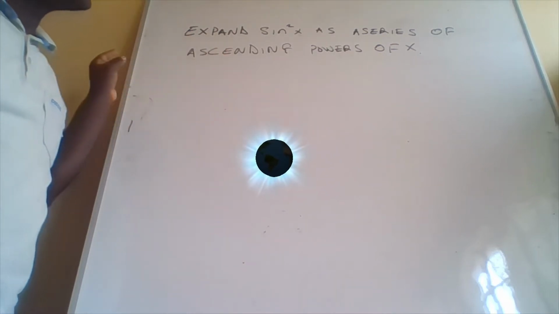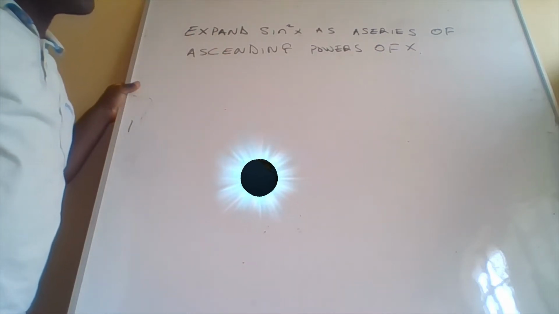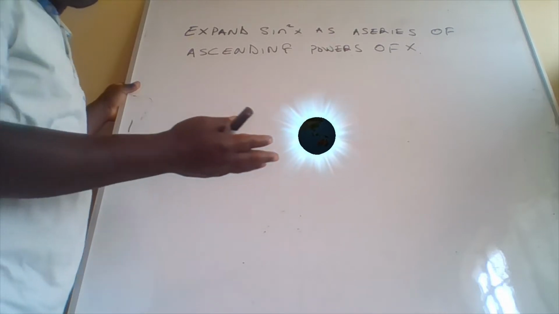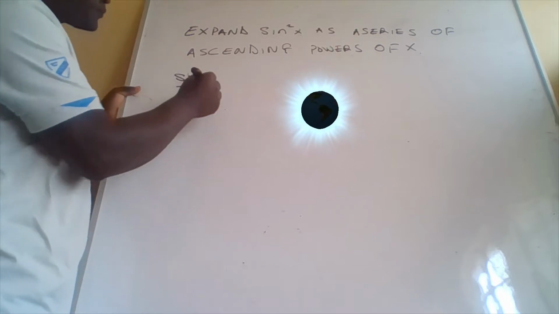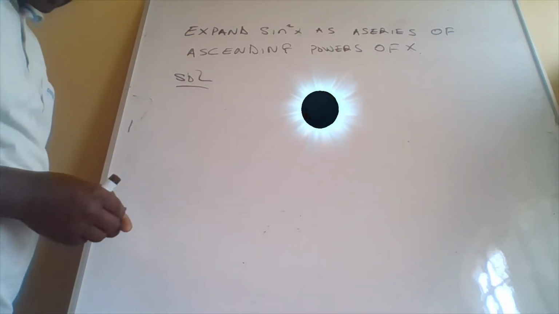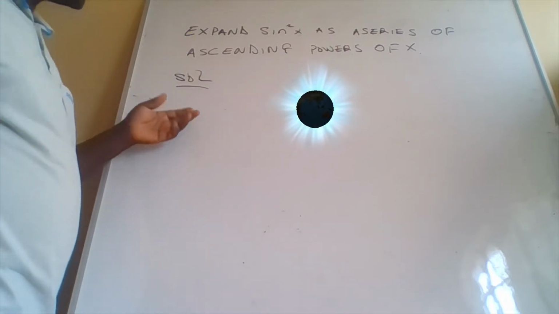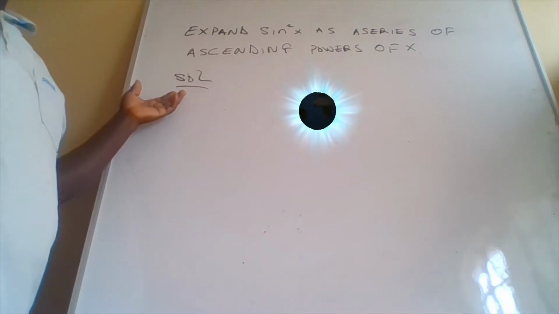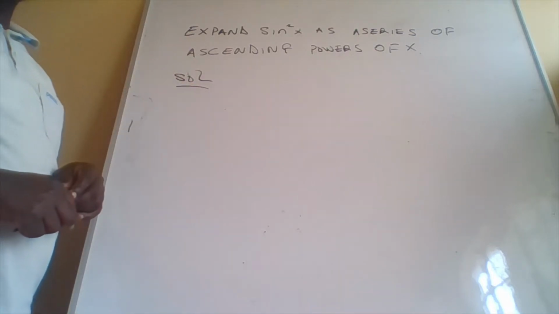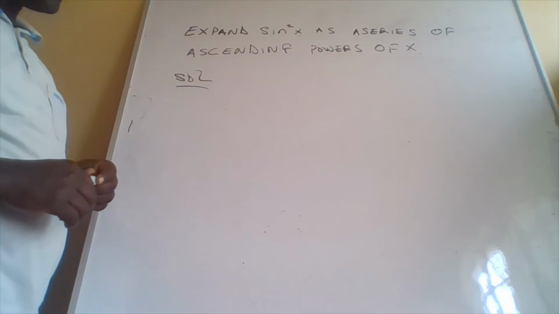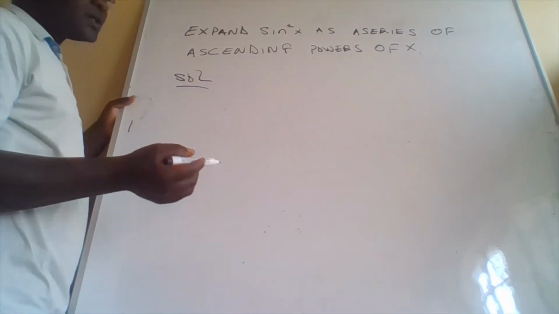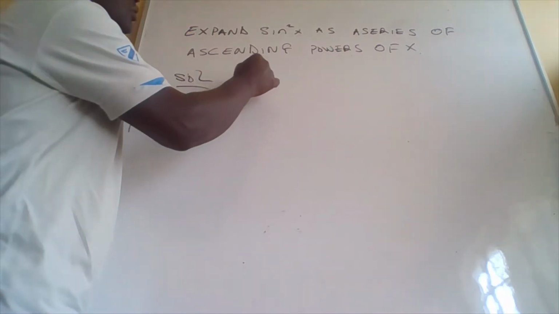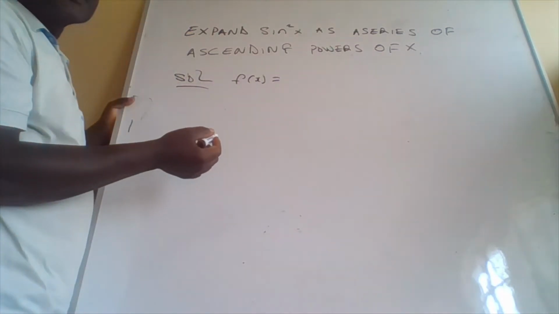Expand sine x squared as a series of ascending powers of x. Solution. Now, for us to expand sine x squared as a series of ascending powers of x, we shall apply the MACLAURIN'S series, which states that